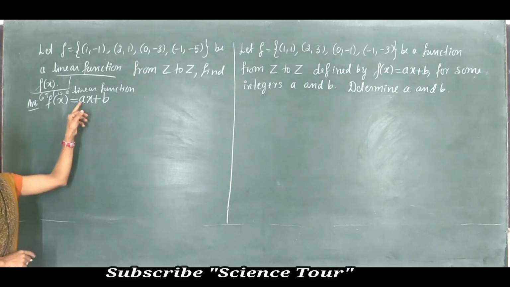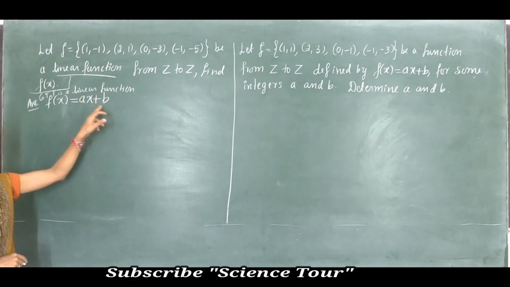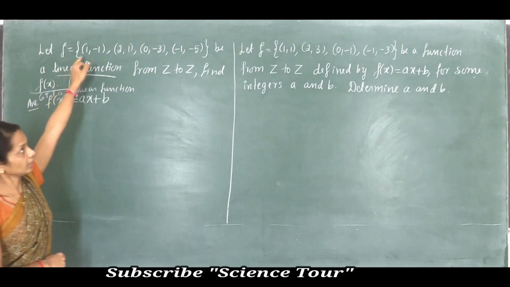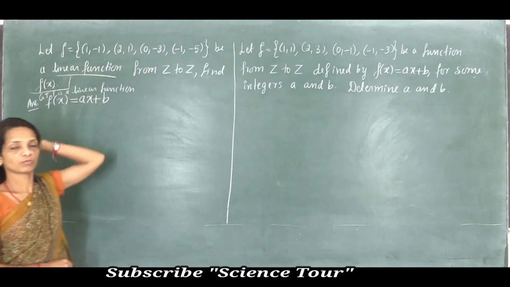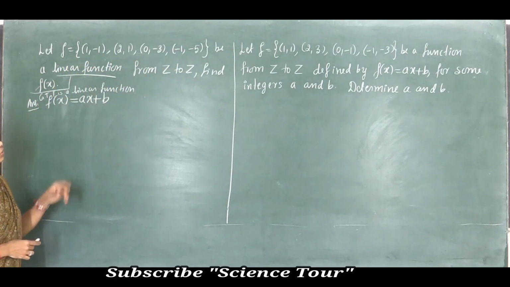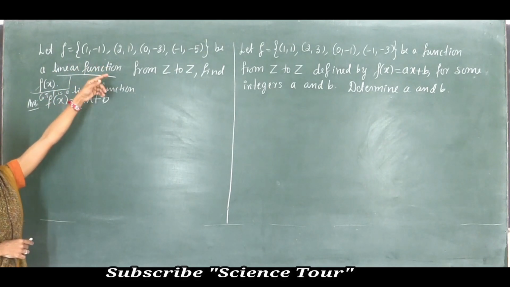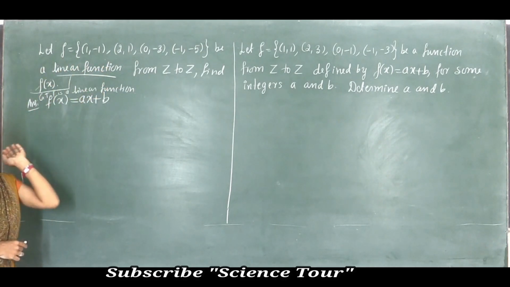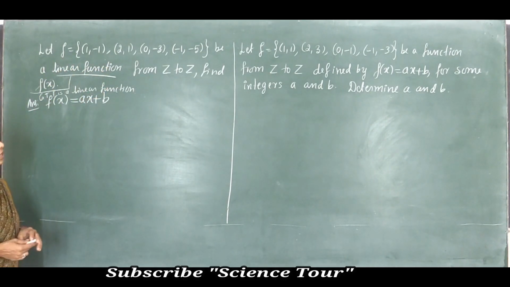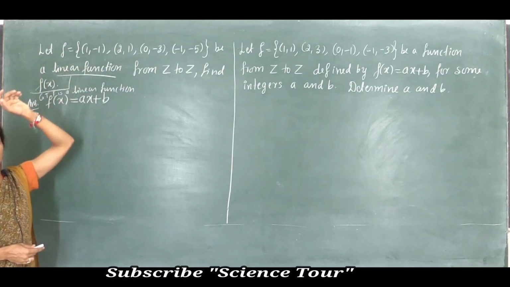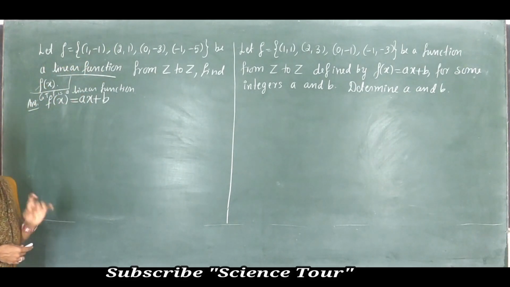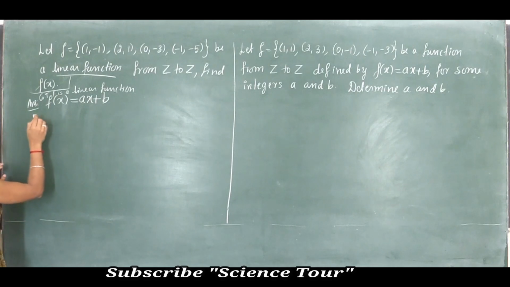After that you have to find these values, a and b values, using any two ordered pairs in these 4 ordered pairs. Okay, we can use the first two ordered pairs or the next two ordered pairs or the last two ordered pairs. Any two ordered pairs you can use. I will use the first two ordered pairs to find the values of a and b. Now since